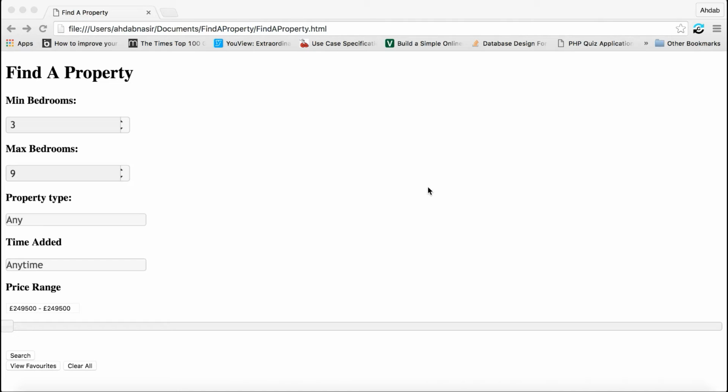In this video, I'll be showing you how to add, clear, view, and remove from your favorites using the JSON local storage. As you can see here, I have a property search website. To see how I have done this, please watch my previous video, which used jQuery UI and